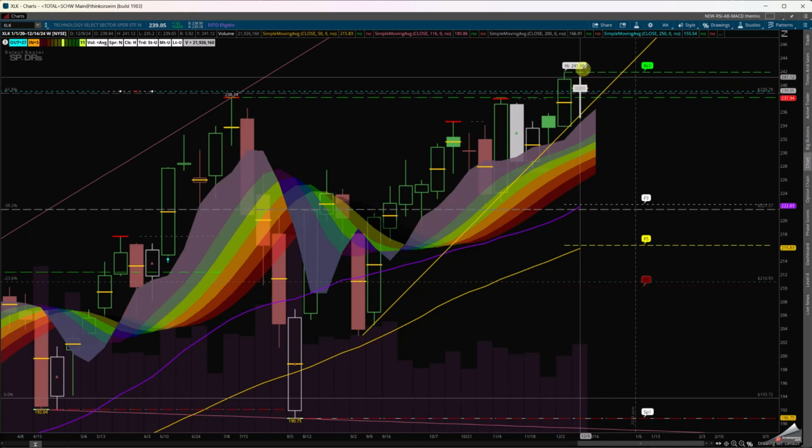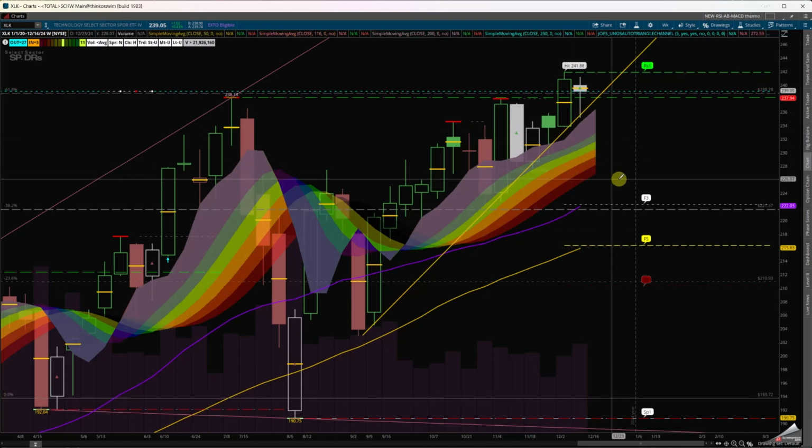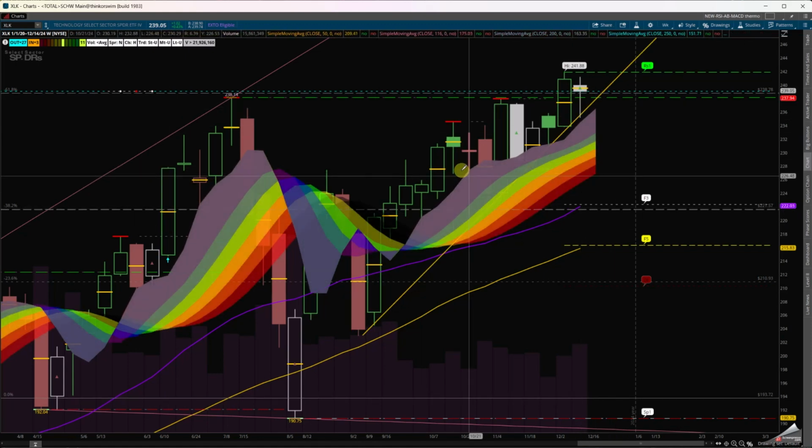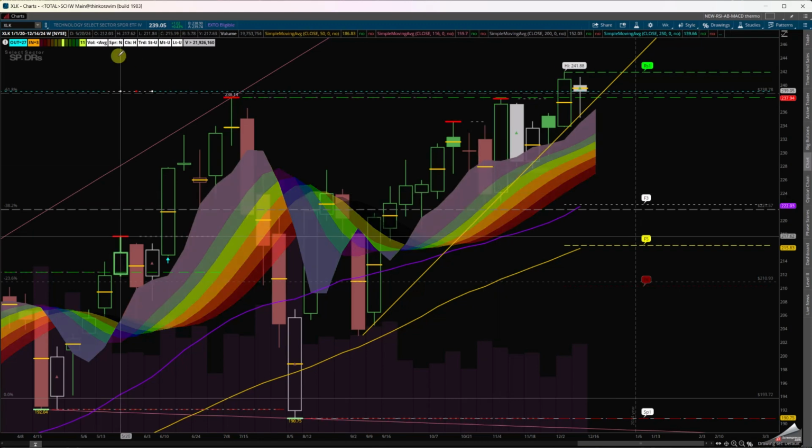Is there going to be continuation to the upside? Possibly. If there is weakness in the market and we lose that downtrend channel, we come back to the backside in this area where the breakout happened right here on those candles. Let's take a look at